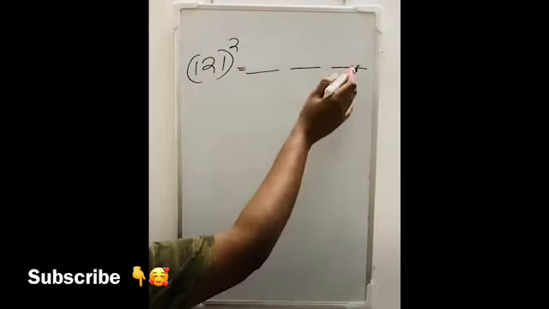I will show you how to write the answer. The last part contains only 1 digit, so the last digit of our answer is 1. Then it is 24. Just take that 4 and write here; this will be the second digit of our answer. The remaining 2 you add with this 144, the first part. 144 plus 2 is 146. So this is the answer: 14641.